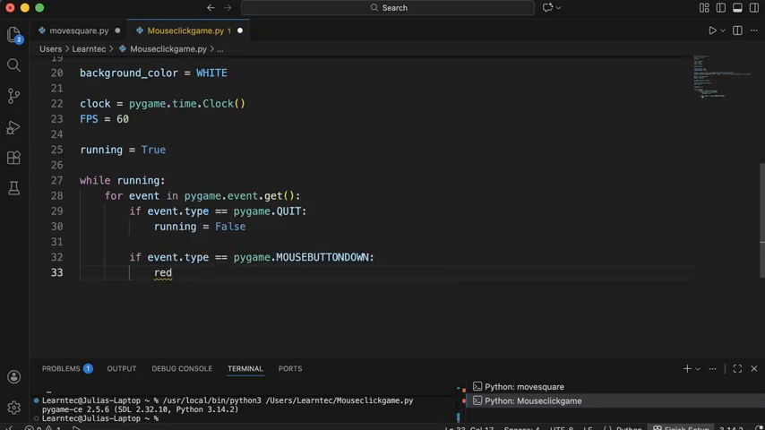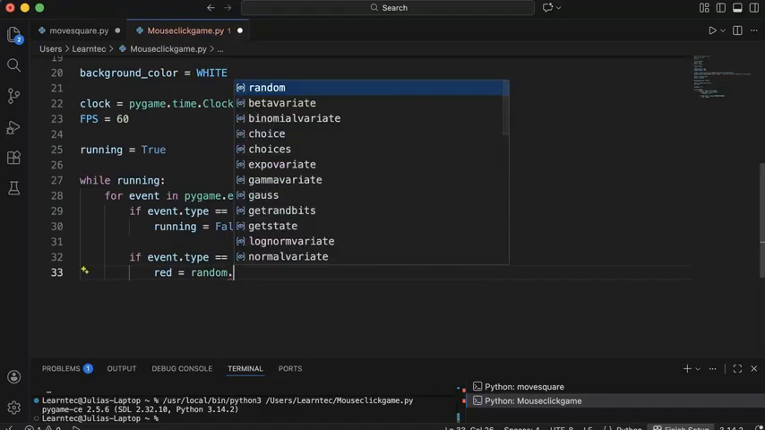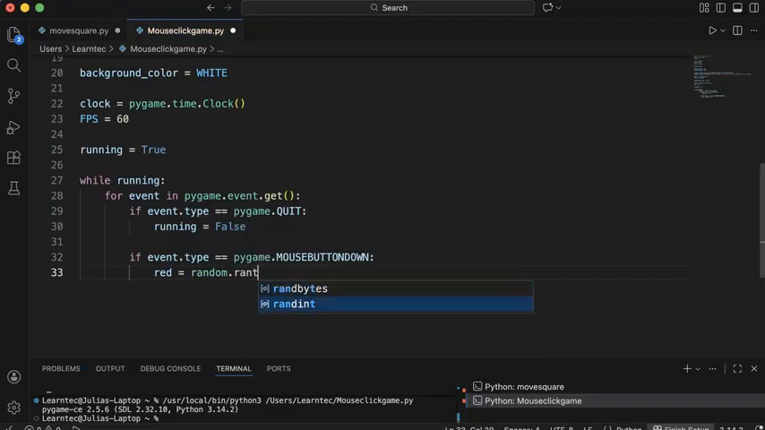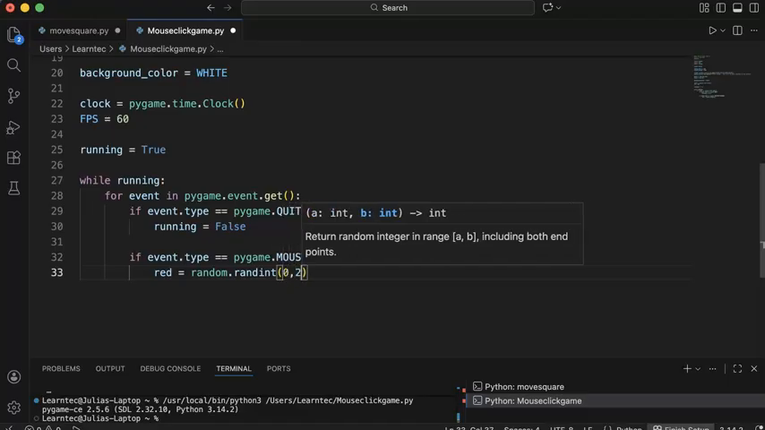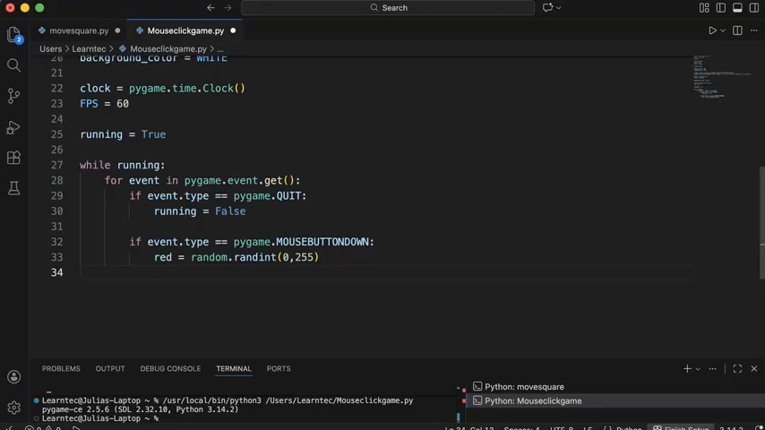The red is going to be equal to a random integer number, because remember that when we're dealing with colours, it's an integer number between 0 and 255. So we're going to get it to pick a random number between 0 and 255. So it's a range. The first number there is the lower range, and the second number, the 255, is the upper range. So basically we're saying pick a random number between 0 and 255, and that's going to be our